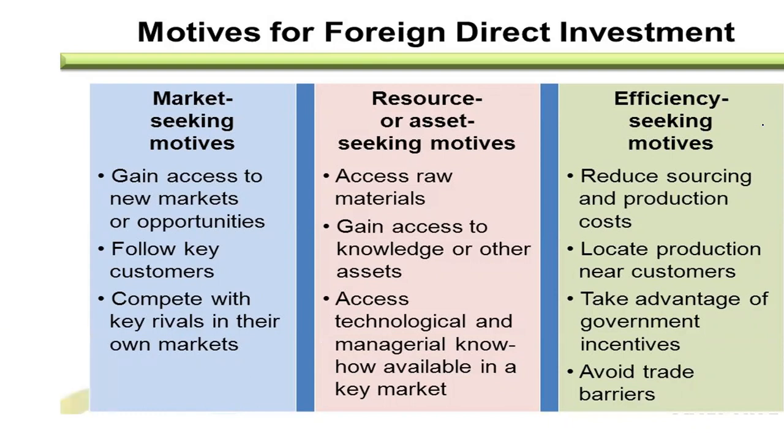This is the market performance. Then we have this second one, resource or asset seeking motives. Asset seeking: access to raw material, then gain access to knowledge or other assets. Here what you want is control over the raw material, control over the knowledge and assets,